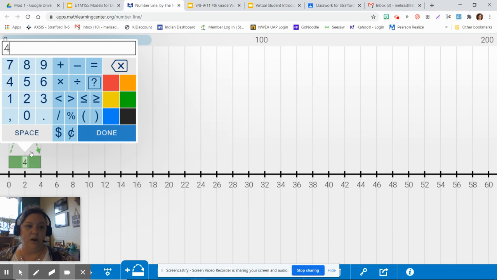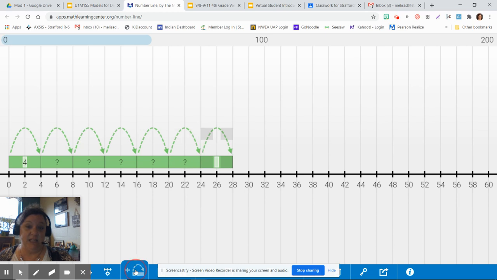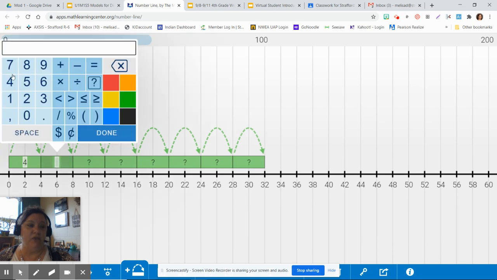I'm going to put a 4. But then I'm going to come down and make another one. Now, I want to see how many jumps I can take before I end up at 32. So I've got 1, 2, 3, 4, 5, 6, 7, 8. There were 8 jumps. Each of these had 4